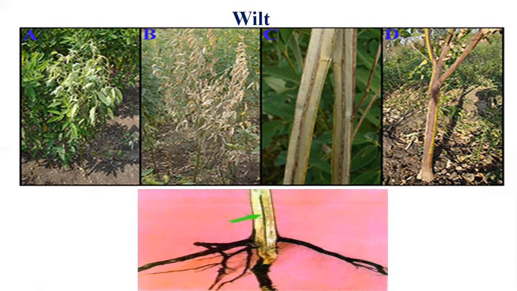So in the C image, the third image, you can see the cut part of the stem, and a brownish discoloration along with hollowness which occurs at the vascular tissues. So this is the prominent symptom which is caused by Fusarium. There are multiple wilting pathogens, bacterial is there, Fusarium is there, and other wilting pathogens are there, but majorly Fusarium wilt can be identified by this kind of pattern, that is known as brownish discoloration of vascular tissue.